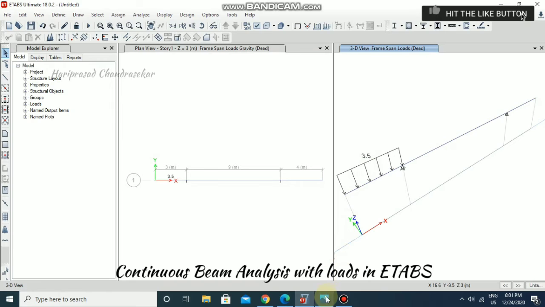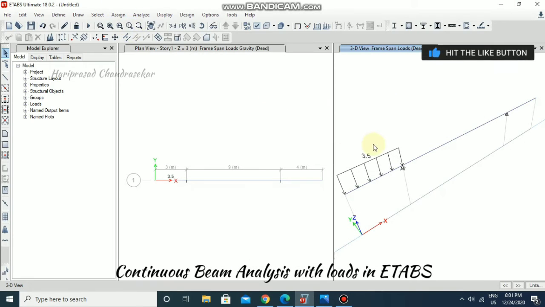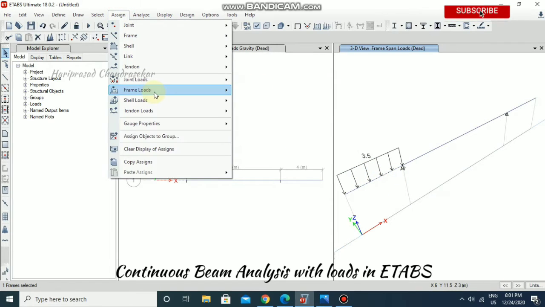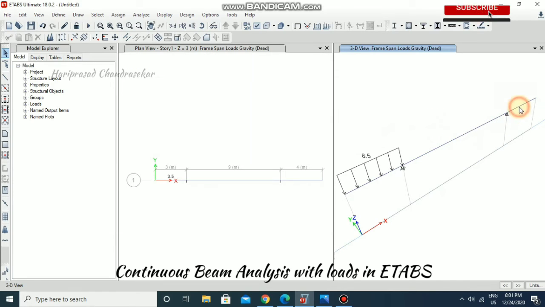I think it is not 3.5, it is 6.5, so you can modify it. Assign frame load distributed 6.5, replace existing load, apply, it will be changed. And then click OK.